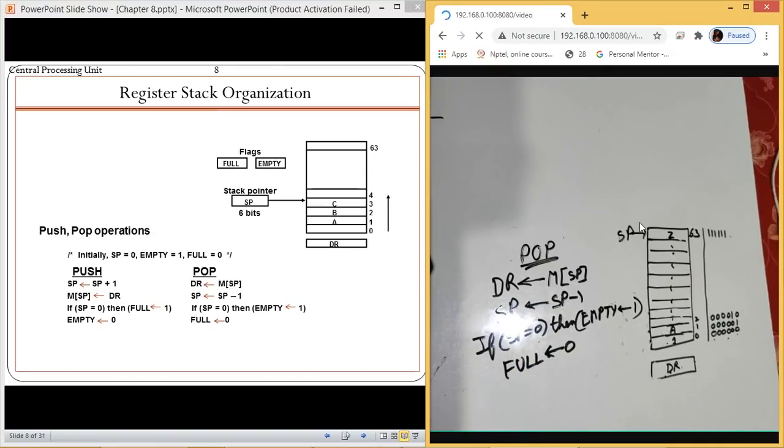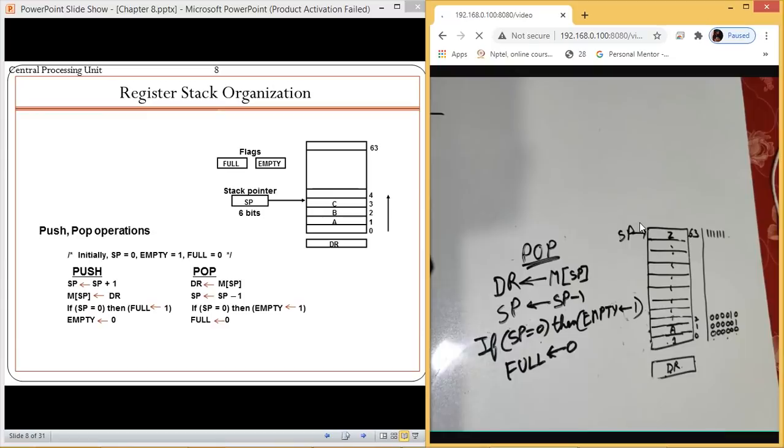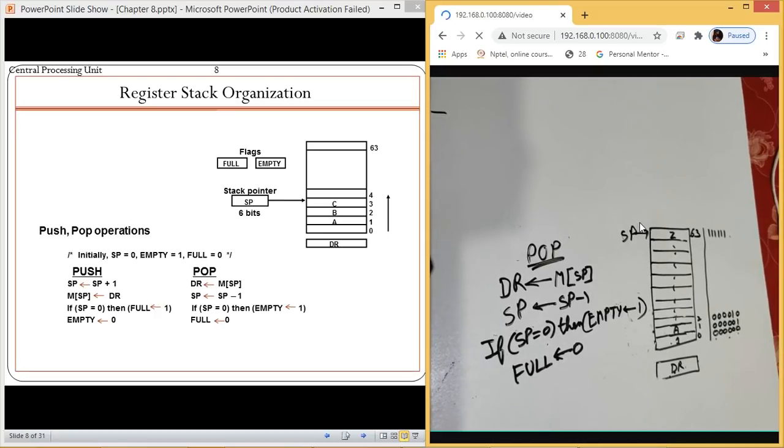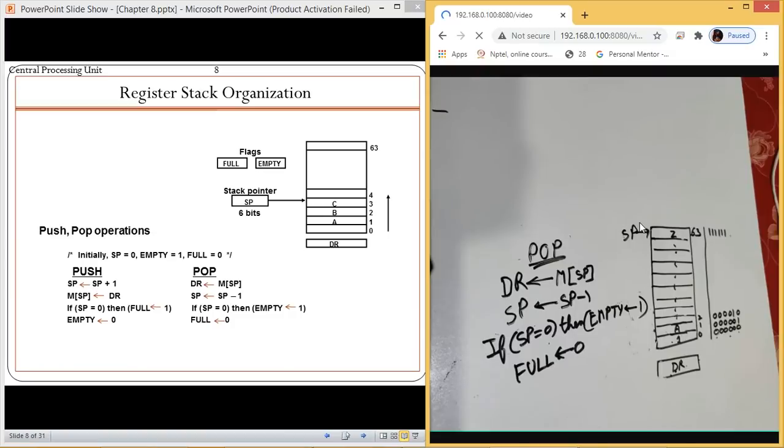If we are pushing the elements and the stack pointer becomes 0, then it is a full stack, which is going to get 1 and empty will get 0. So this is how these two different operations, push and pop, work on your register stack organization.